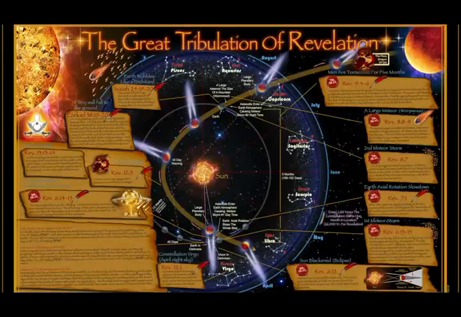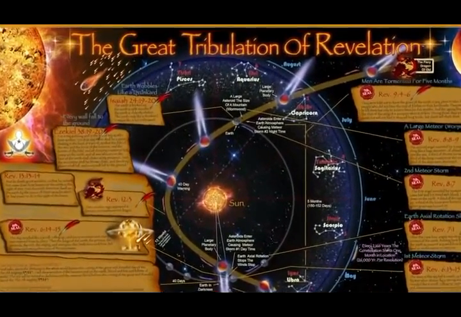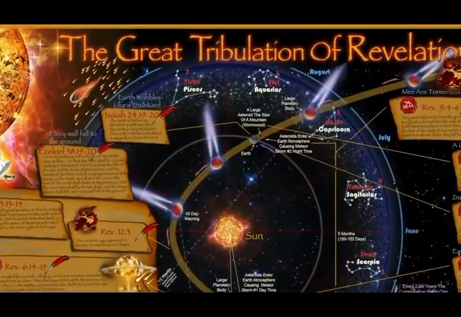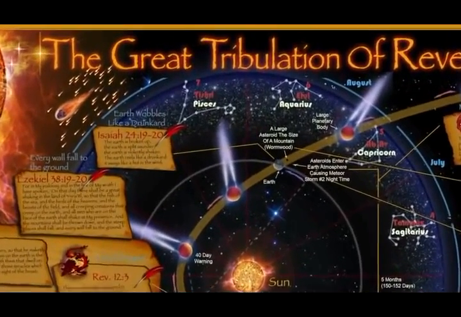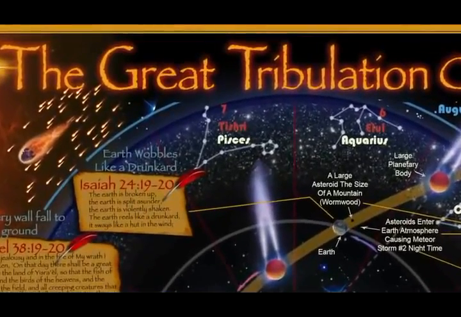And this is a chart that I use for Revelation. This lower section is seal 6. If you follow the seals, that talks about what's going to happen right down here. And it says that 5 months later, seal 7, that's this one, where Wormwood, a large meteor, is going to hit Earth, where Earth wobbles like a drunkard. In Isaiah right here,